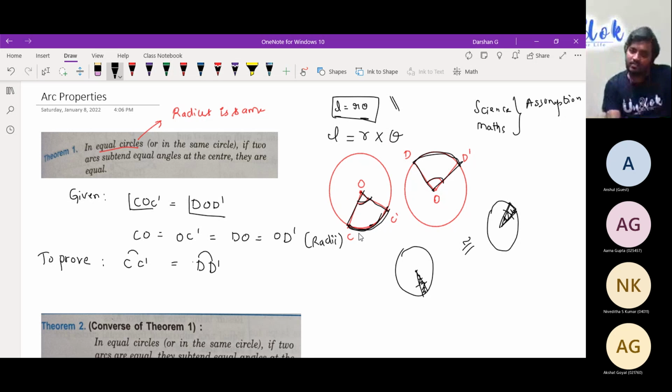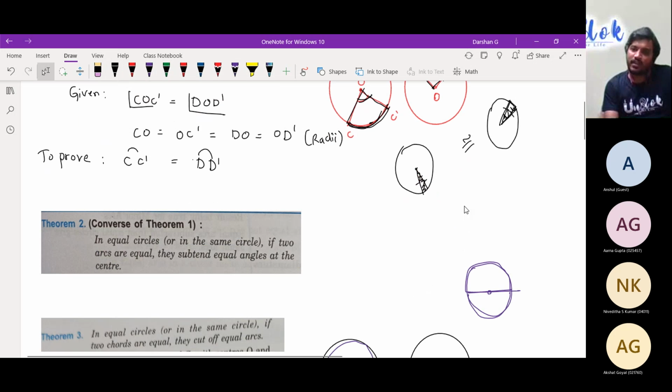The third way of proving is basically what I have done here. Take a very small subsection of the circle. At some point of time, it would form a triangle kind of. Similarly, in one more circle, take a very small subsection, and that will again form a triangle. We know the angle of suspension is the same and the radius is also the same, so by the SAS postulate I can prove that both the triangles are congruent, by which I can tell this small arc is equal to the small arc. Yes, there might still be the objection that it is a curved surface, but I'm taking a very small part of it.